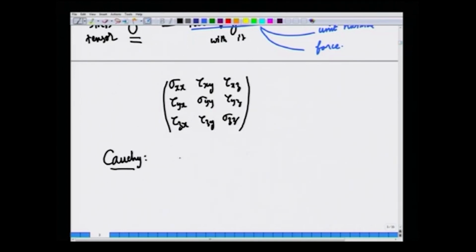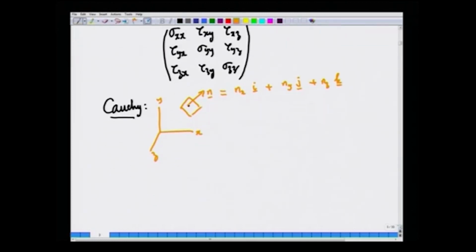It states that if I have at a given point a surface with arbitrary orientation, not along any of the 3 directions x, y and z, but an arbitrary orientation n x times i plus n y times j plus n z times k, not necessarily along one of the 3 coordinate directions,